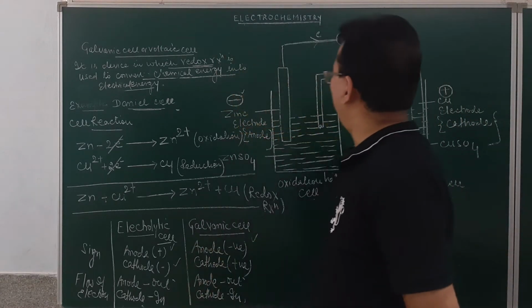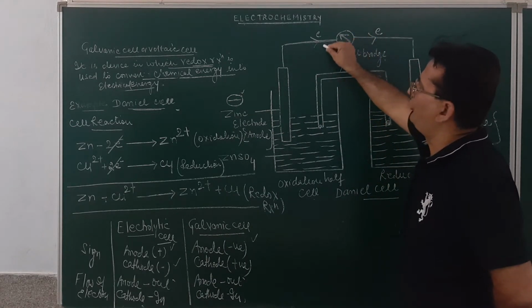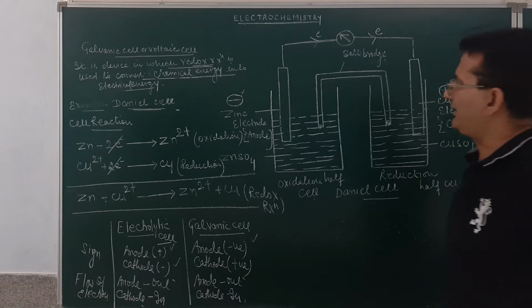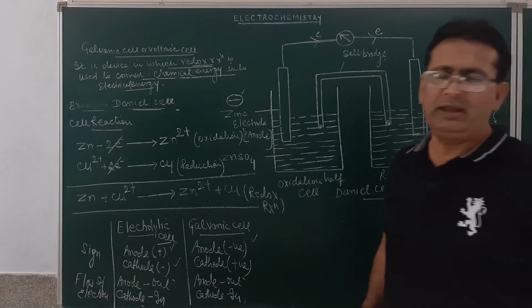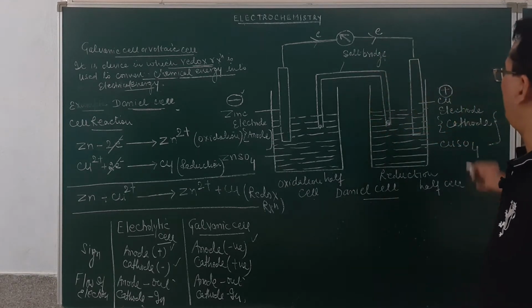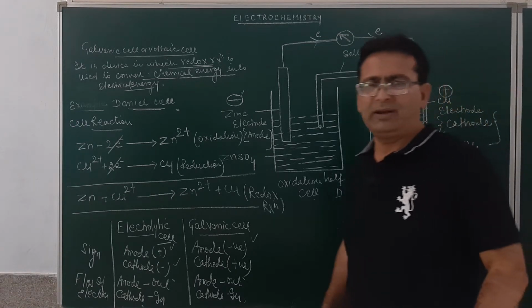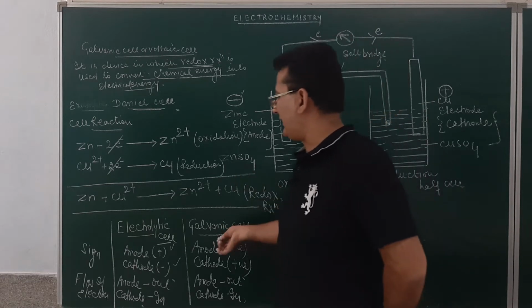Now, when the cell circuit completes, the flow of current comes towards the left side, so the flow of electrons is from the zinc towards the copper. And I told you in the previous lecture that the zinc will be the anode. The sign convention for zinc is that it will be a negative electrode. Copper is the cathode, but it will be a positive electrode. The cell reaction, this was the last reaction.